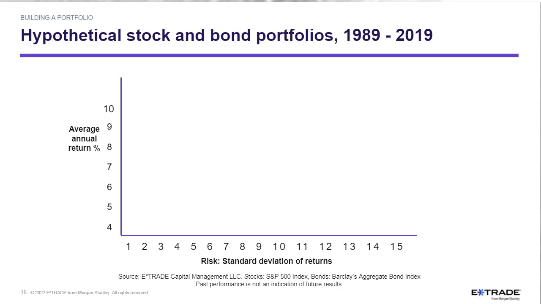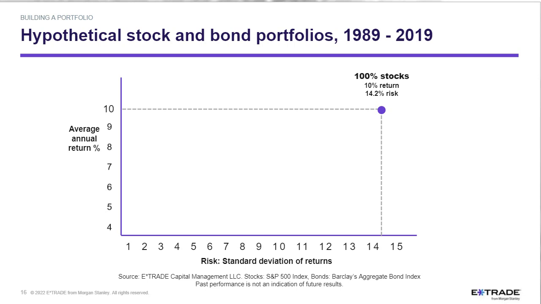So first off, had you in 1989 put your portfolio 100% in stocks, through the end of 2019, you would have achieved about a 10% return, and your standard deviation of those returns would have been 14.2%. Now you can do your math, add the 14.2 and subtract the 14.2, and that shows you that range of 2/3 of the time your result was found in that range.